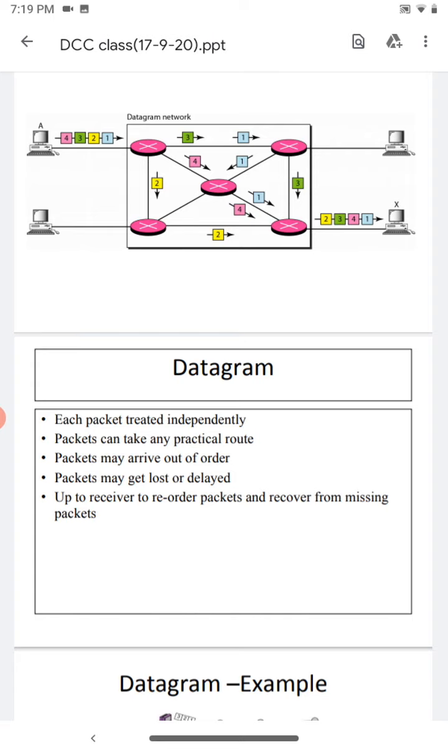So each and every packet chooses a different path. Listen to this figure, this diagram carefully. Each chooses a different path. Above, 1 and 3, then on the left side the second packet. Okay, so finally all the packets go to the destination. But the packets can choose the path independently.